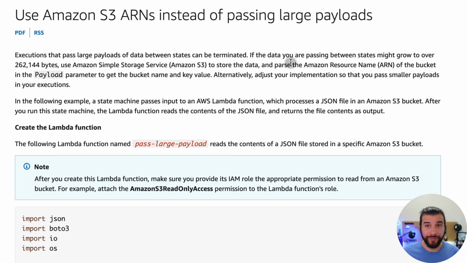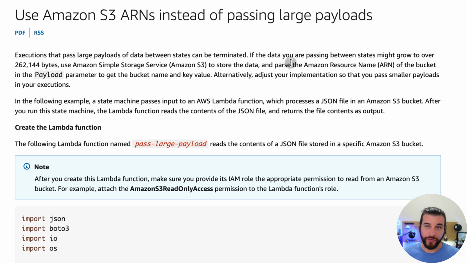Ideally, you don't pass that JSON object. Instead, you write that to an S3 bucket as an object, of course, and then you pass a reference to that object. You pass the ARN of that object